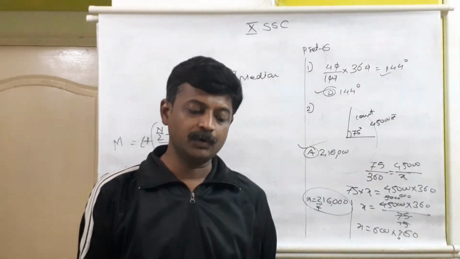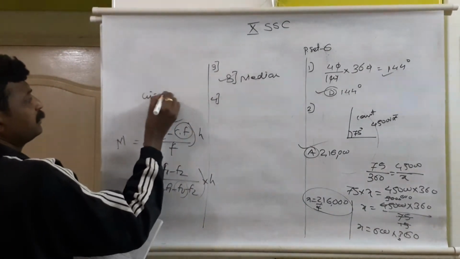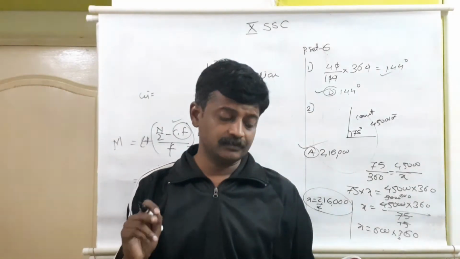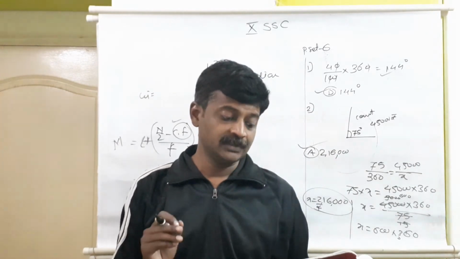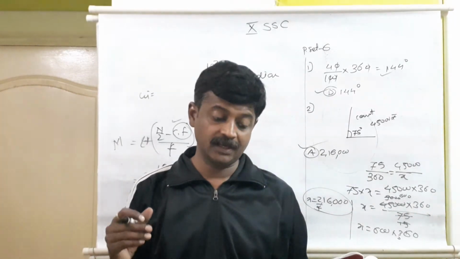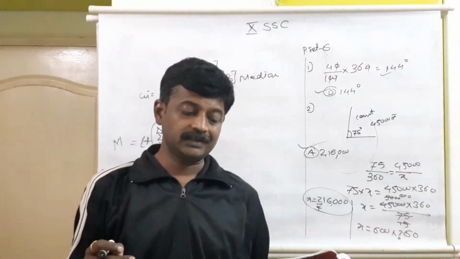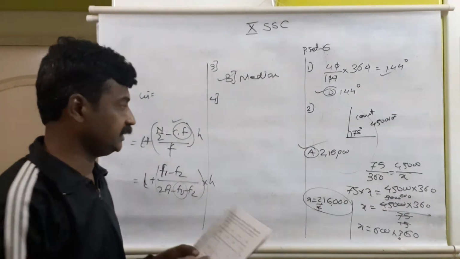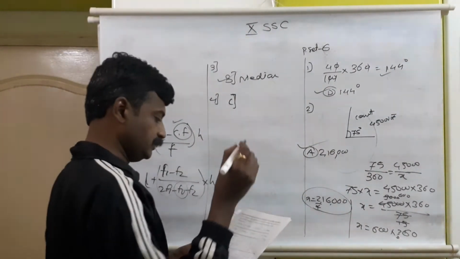In the formula, ui is equal to, as we just discussed, xi minus a upon h. So the options are: first, xi plus a upon h; second, xi minus a; third, xi minus a upon h; and the fourth, a minus xi upon h. No, it is not a minus xi, it is xi minus a upon h. The correct option is option C. Question number 4, C is the correct value of ui.